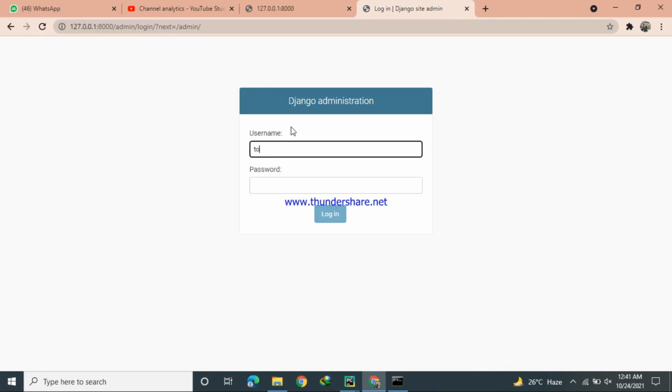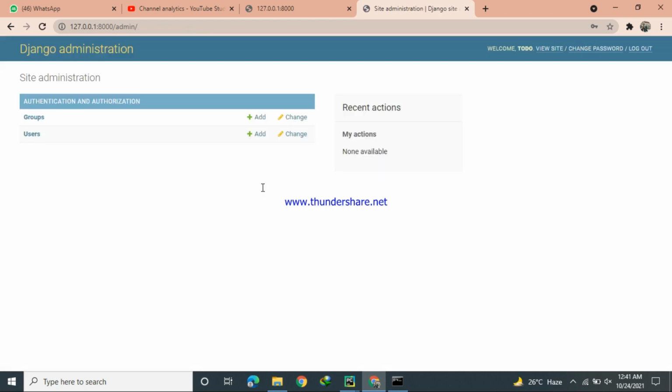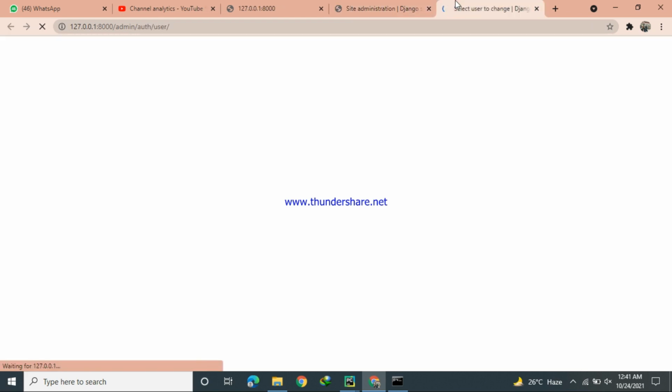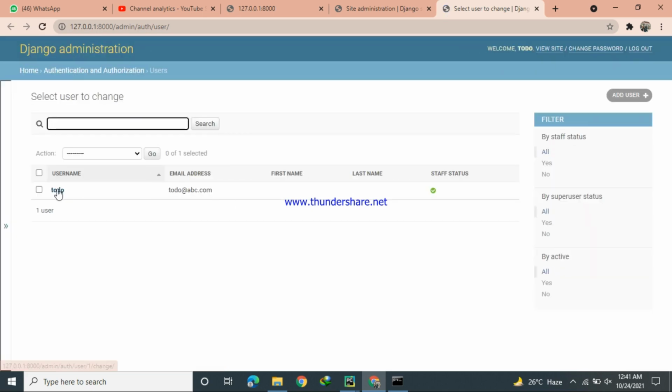I recently created a user named todo, and its password is abc123, and we are logged into our administration portion. In the users we can check a user named todo, that is a superuser and a staff user.